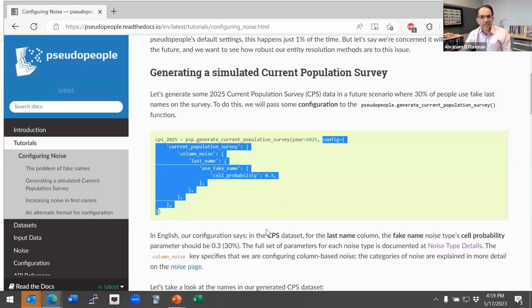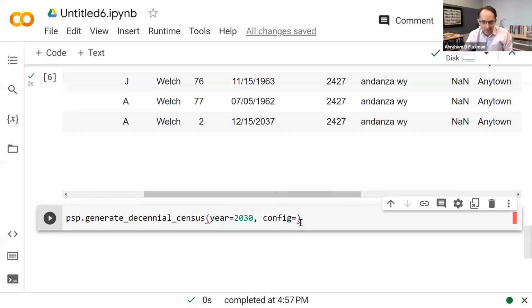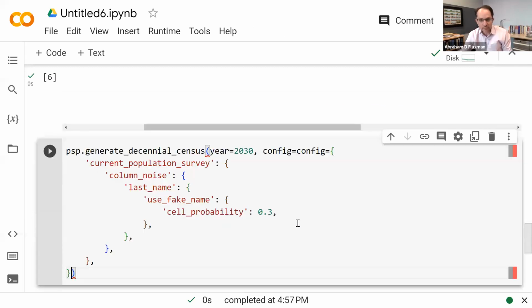It's going to have some way of changing how much fake name probability there is for last names. The only thing is that example was about the current population survey, and I want to do one about the decennial census.